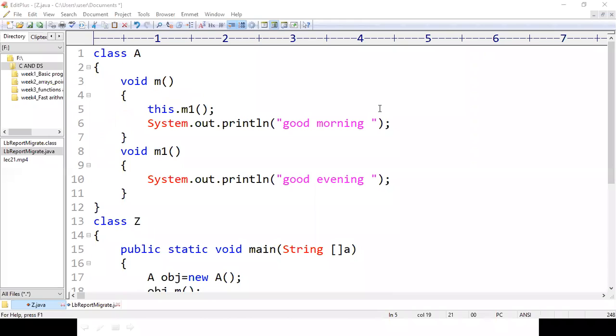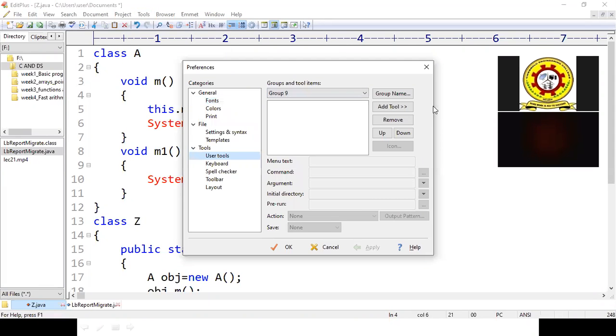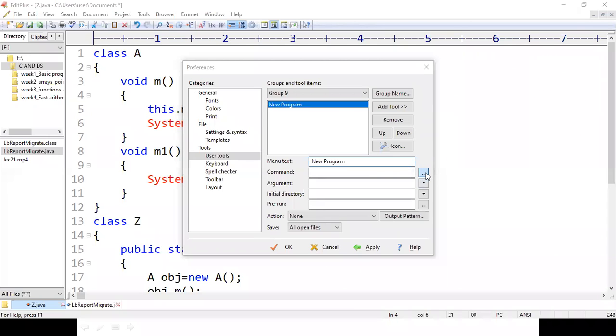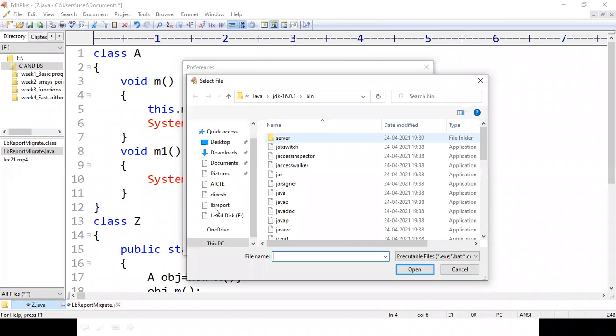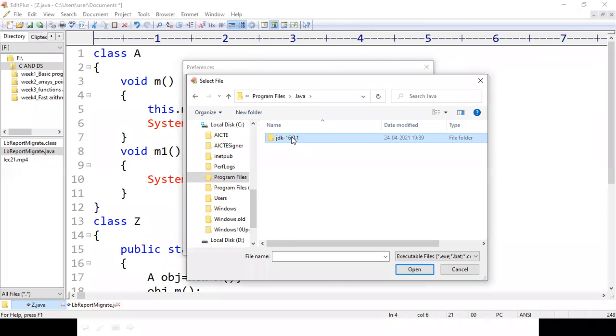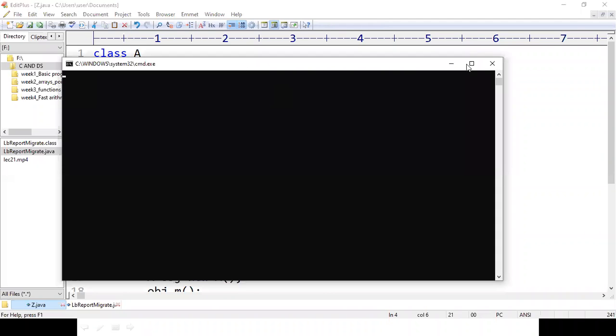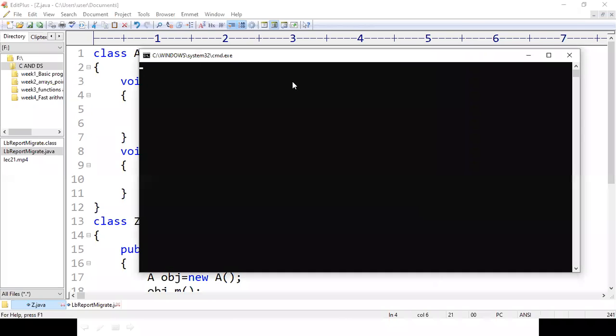Let us compile the code first. The compilation is successful.